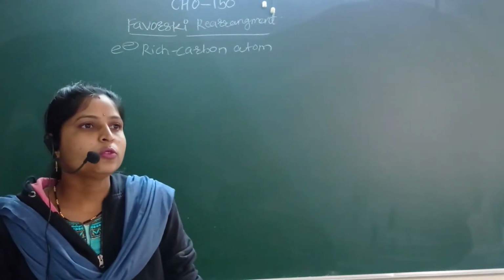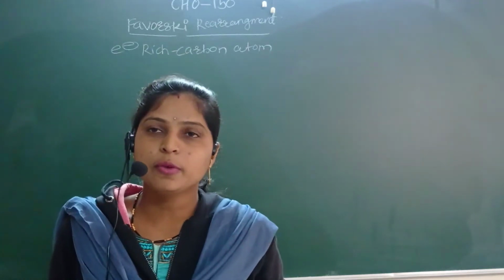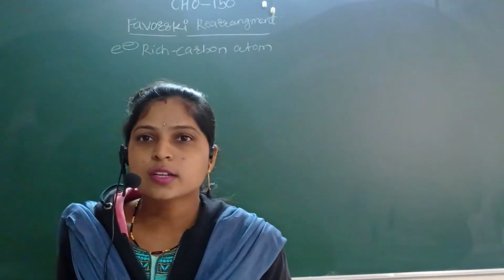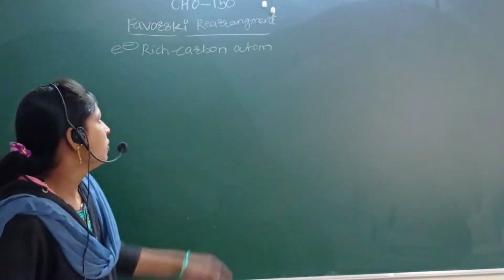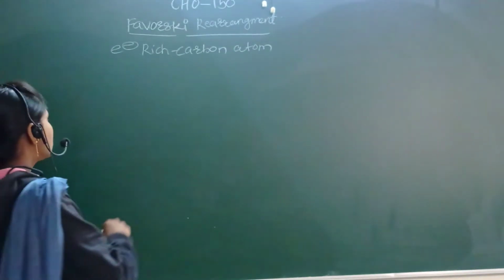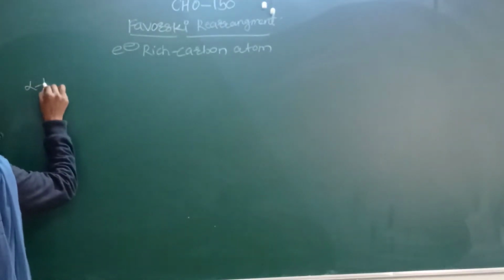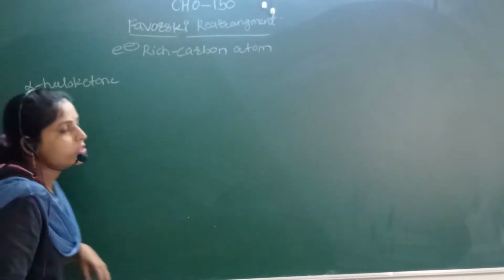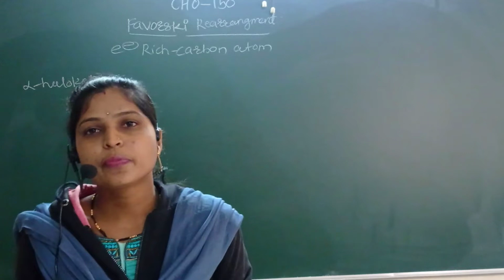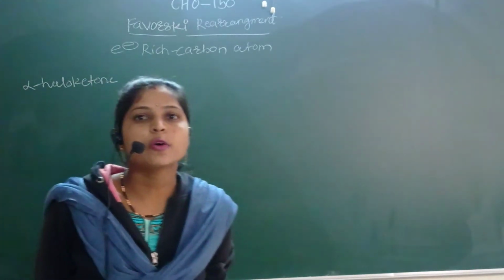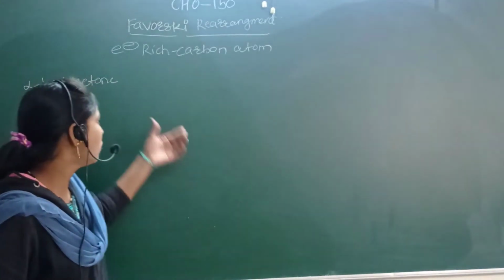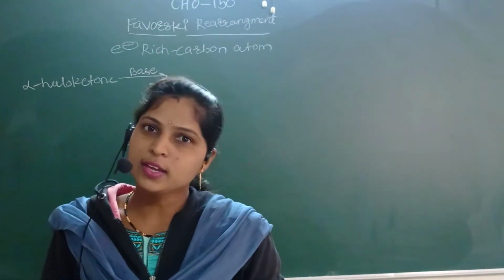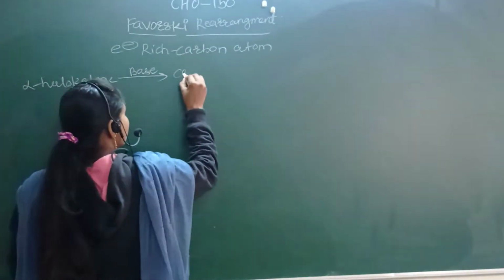So we have to discuss here the introduction related to the Favorski rearrangement. Suppose we discuss the outline of the Favorski rearrangement. In the Favorski rearrangement we take the starting compound, that is an alpha haloketone. The alpha haloketone reacts with base. Any compound reacting with base gives formation of a carbanion. So there is formation of the carbanion